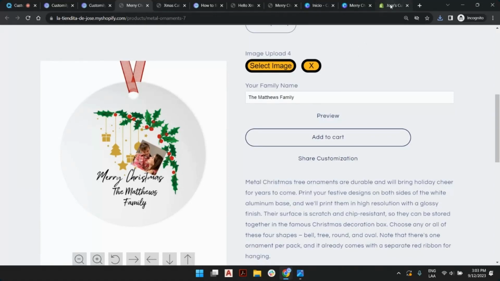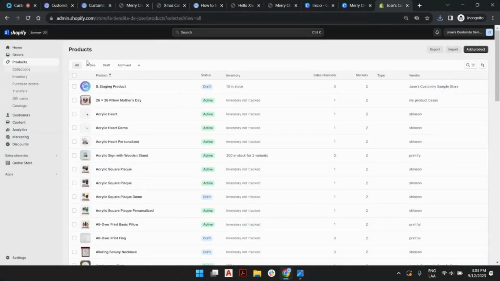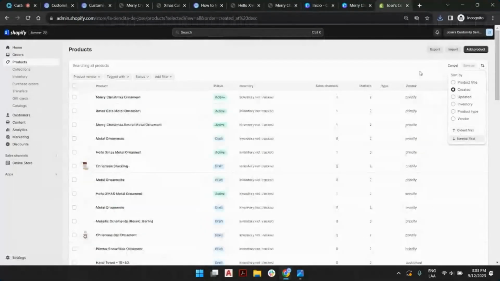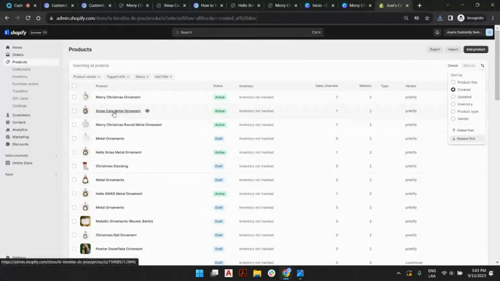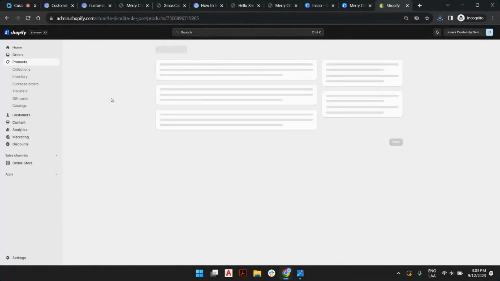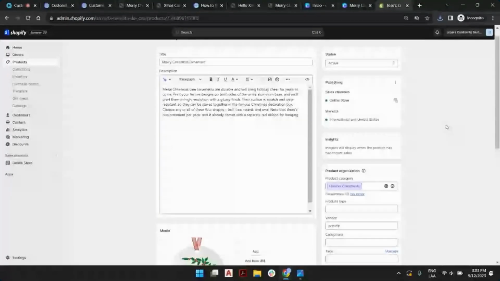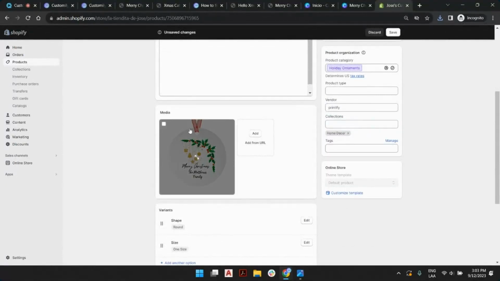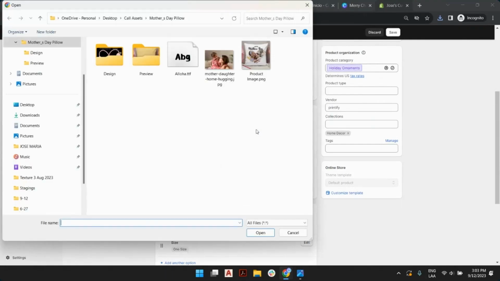And what I can do is jump into my Shopify backend. These are my products right now. And if I were to check my last created from the newest, I will see two things. The Xmas Cats is the one that I created today, right now. And the Merry Christmas Ornament is the one also I created. If I go here to Merry Christmas Ornament, this is like any other listing you can manage. You can add sales channel, you can add categories like collections, it will be home decor. And also in this part of the media, I will add my new listing photo,